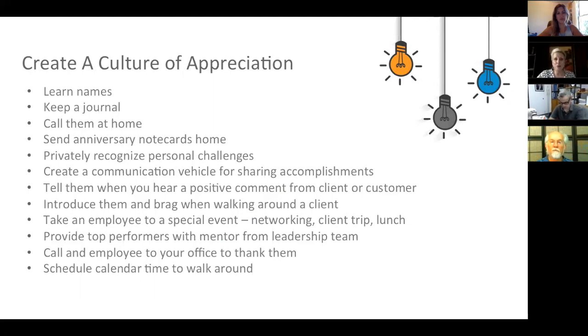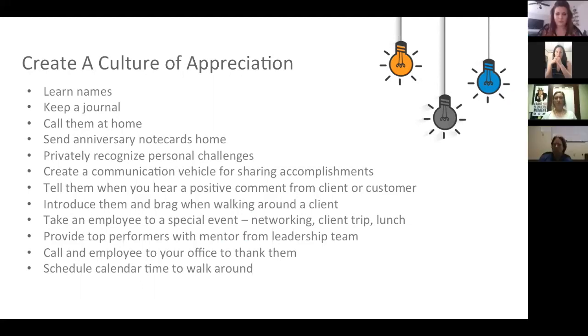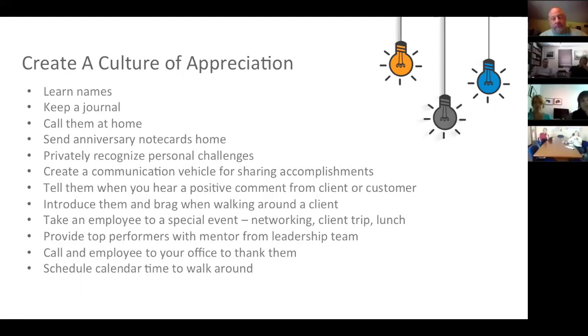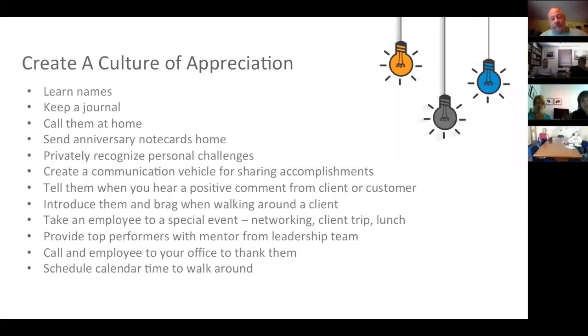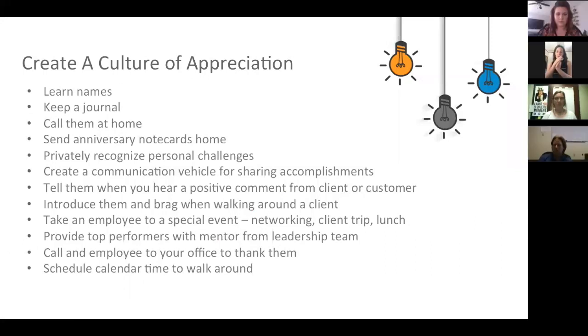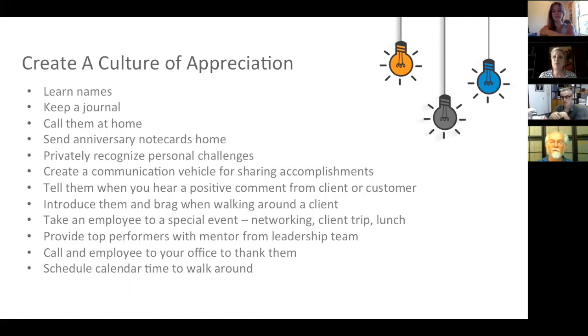Well, I had this spreadsheet of everybody, and I would plug in everything I knew about them, and I would forward that month's anniversaries over to him with notes in the column next to their name, so he could make it really personable. So if you have somebody that knows people, have them feed you information. It's a great way to connect. Keep a journal or notes on people. I talked about that.